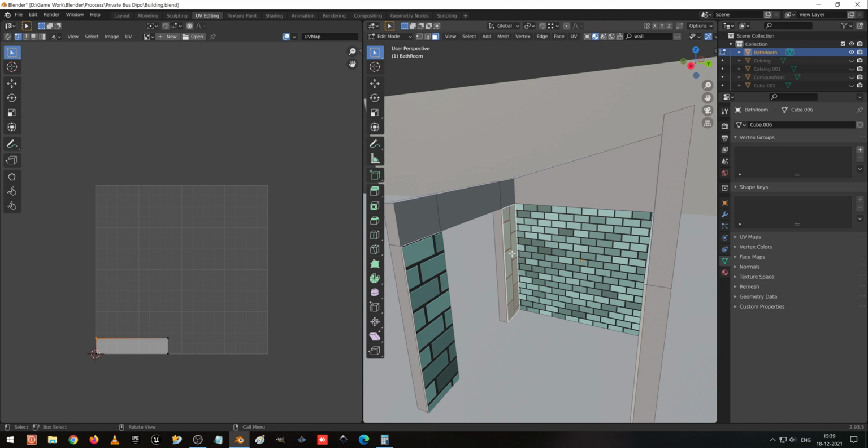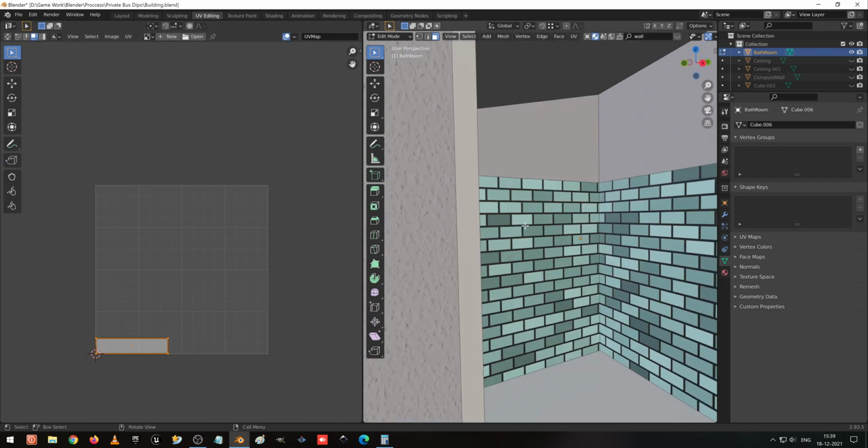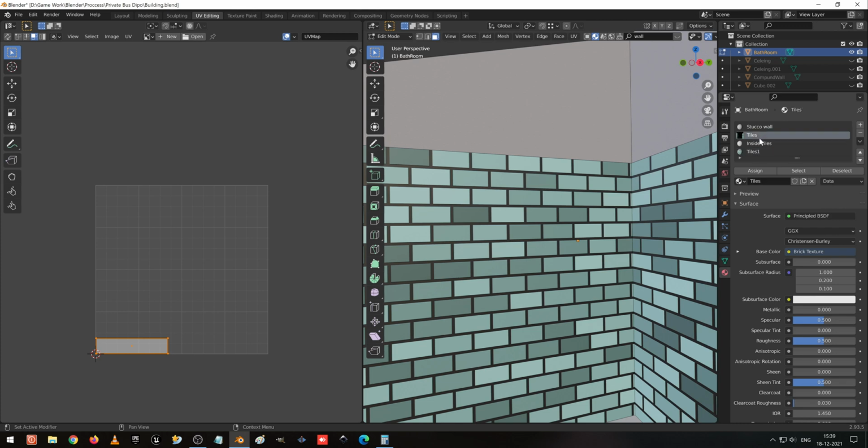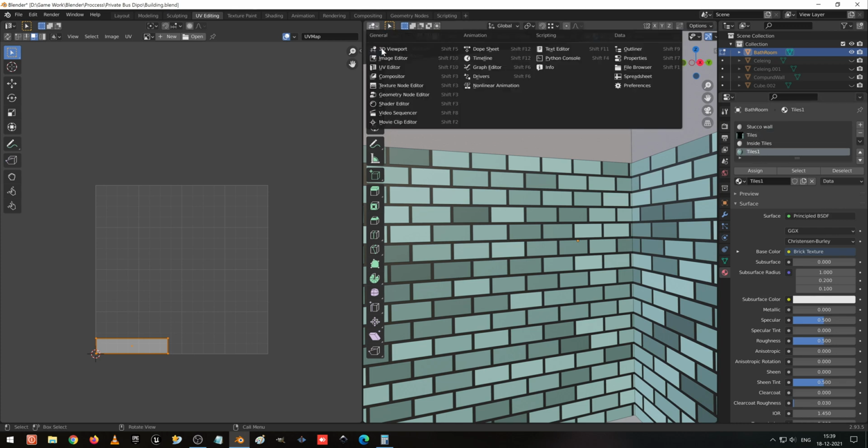So what I am going to do is select this in face selection, rotate it using the control key and make it straight. Before that we have to do one more scaling also, then only we will get an idea. So this is fixed for us, this is the size. So I go to the material preview, I go to the tails 1, tails 2, then I go to the